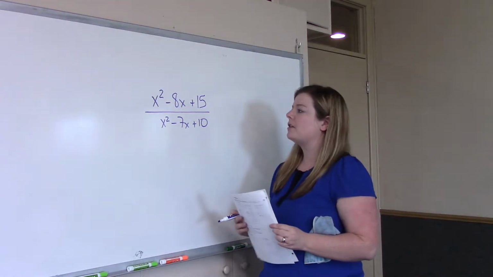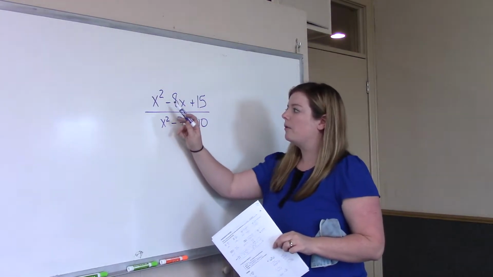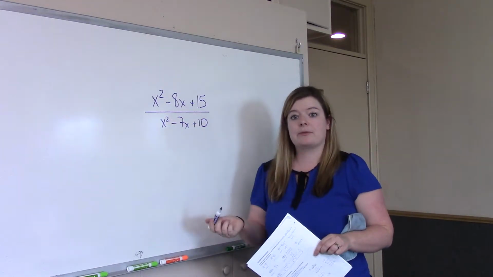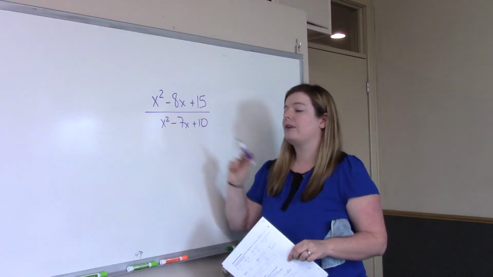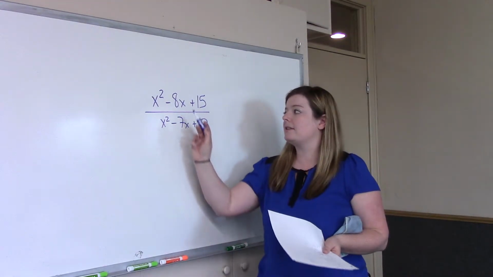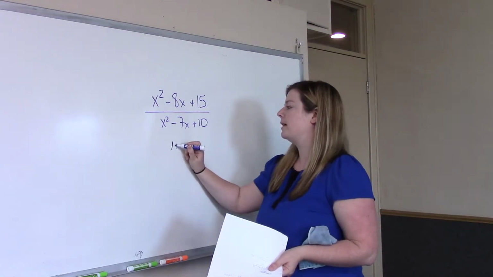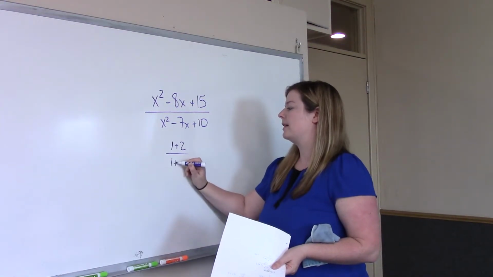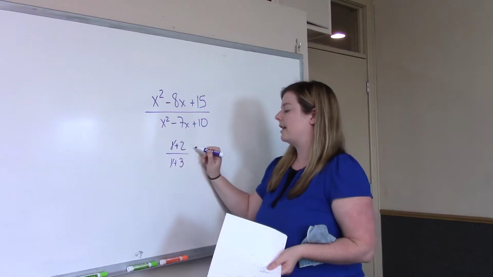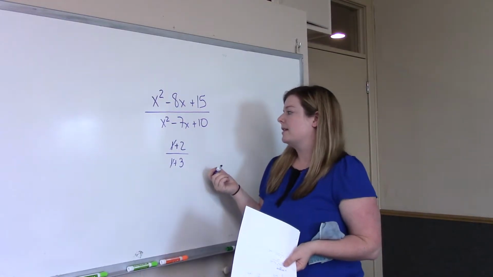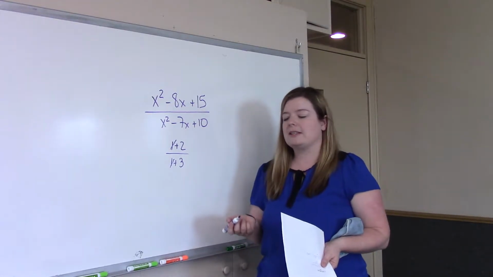So students often want to do things like, oh, well, we have an x squared on the top and an x squared on the bottom, so let's just cross them off. Well, you can't do that because they're still being added and subtracted. Just like if you had 1 plus 2 divided by 1 plus 3, you couldn't just cross that off to be 2 out of 3, because in reality it's 3 over 4,